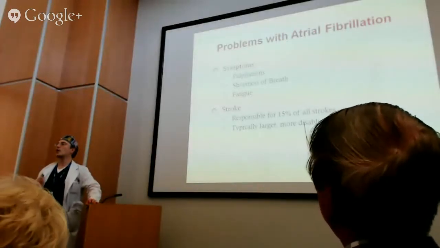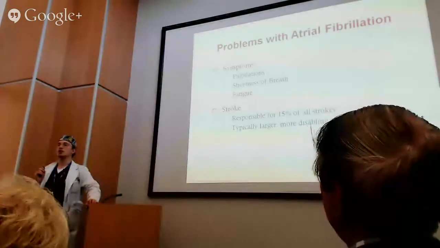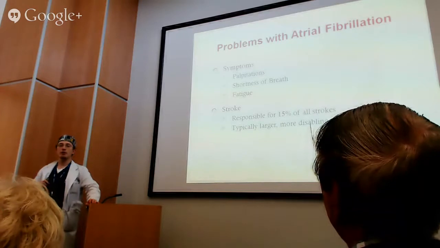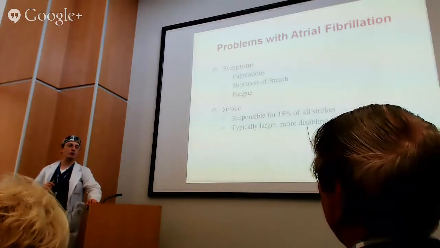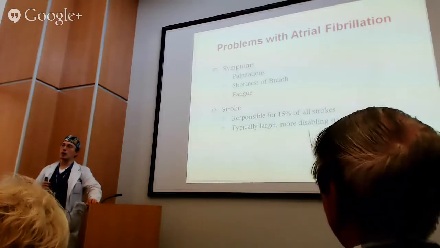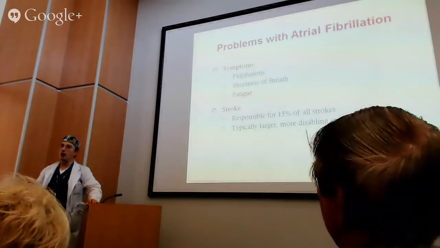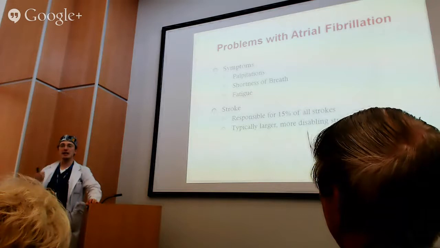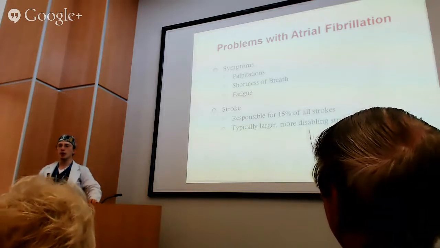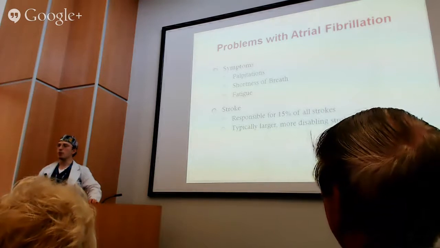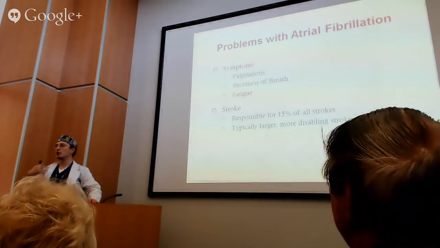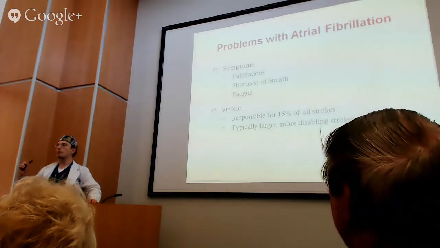The other big category of problems is the strokes related to atrial fibrillation. Unfortunately, atrial fibrillation is one of the most common causes of stroke, and it is a result of blood clots forming in the heart, and the heart's pumping inefficiently. The blood kind of stagnates in the top chamber of the heart. Sometimes you can form small clots. These small blood clots, as they travel out of the heart into the brain, block off the blood vessels in